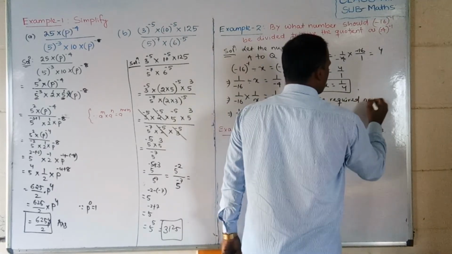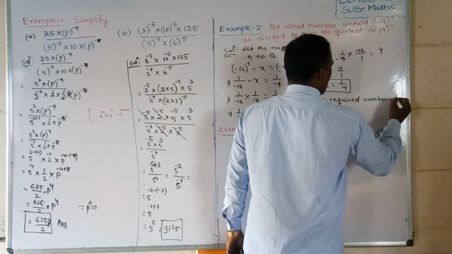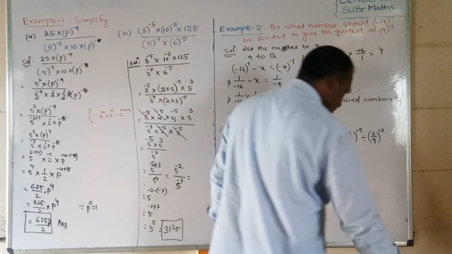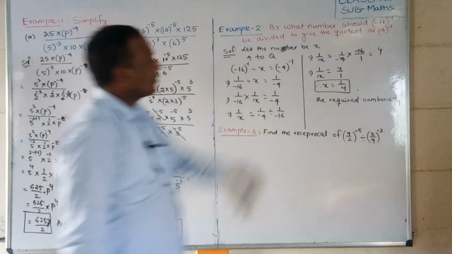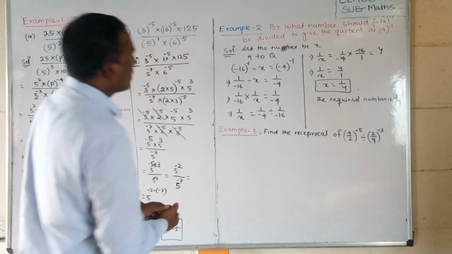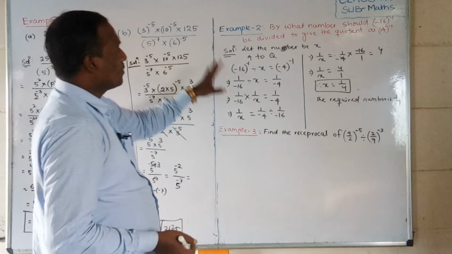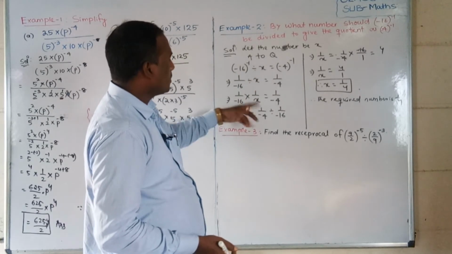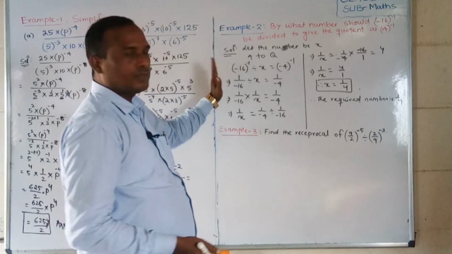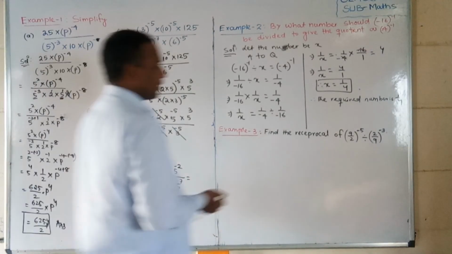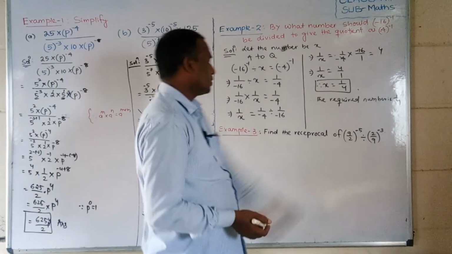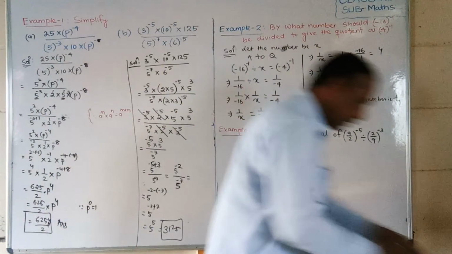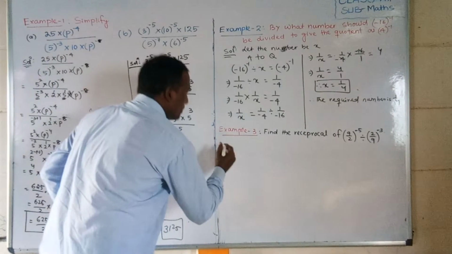Hence the required number is 1 by 4. We get the x value as 1 by 4. Now, did you understand, students, how that works? First of all, take that x we are dividing, and whenever we are dividing, we have to complete according to the procedure. If you are in confusion, you can ask me on my personal contact number. Find the reciprocal of this. Students, first you do the division, and after that we can do the reciprocal.